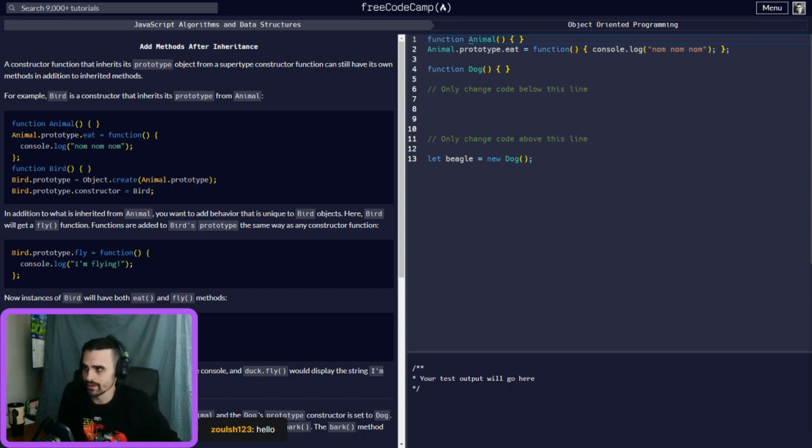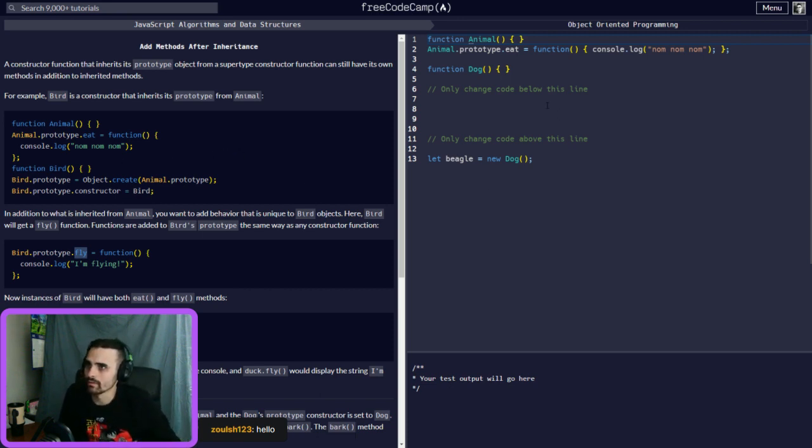So as you can see right here, we're adding the fly. We're adding a fly property to it. You could probably, for a dog, do bark, yada yada, that sort of stuff. But all animals eat, so we wanted to add all those on there. So basically you're having this big hierarchy thing right here. And you got your most top, which is animal, and then you have a type of animal, like a bird, and then a dog, and then you're going down further to what species of it would be.